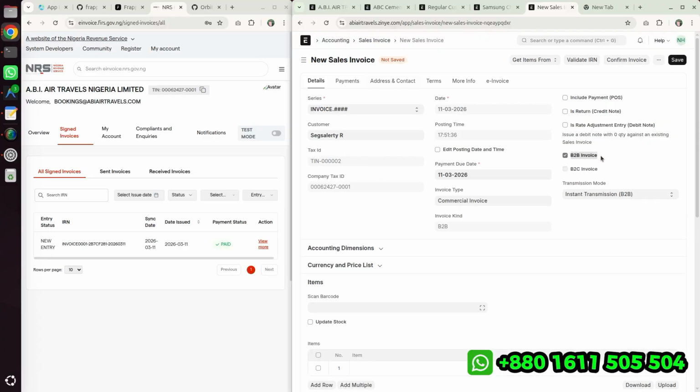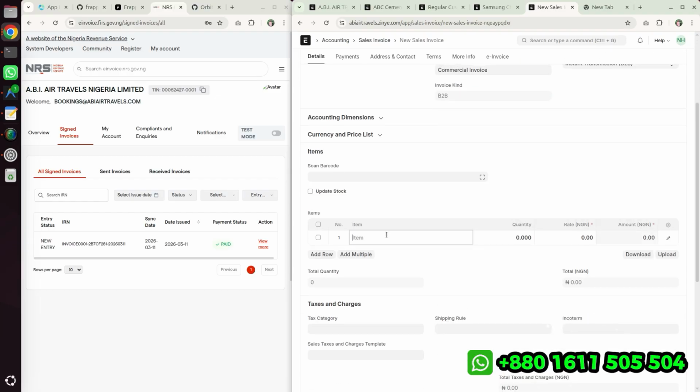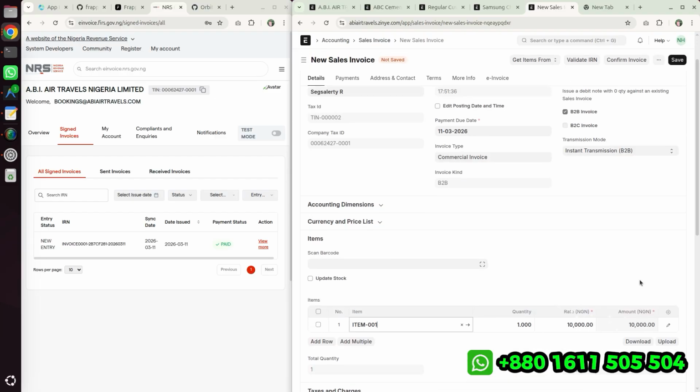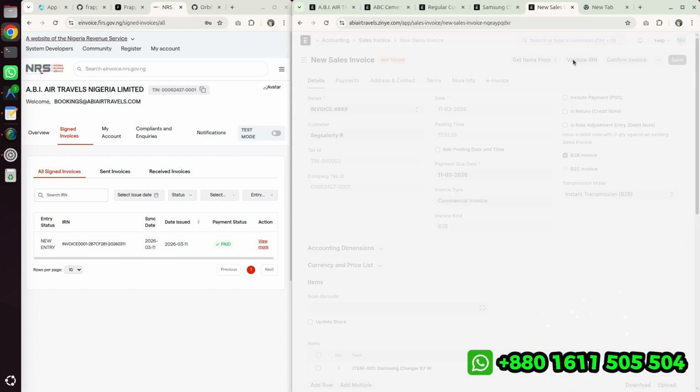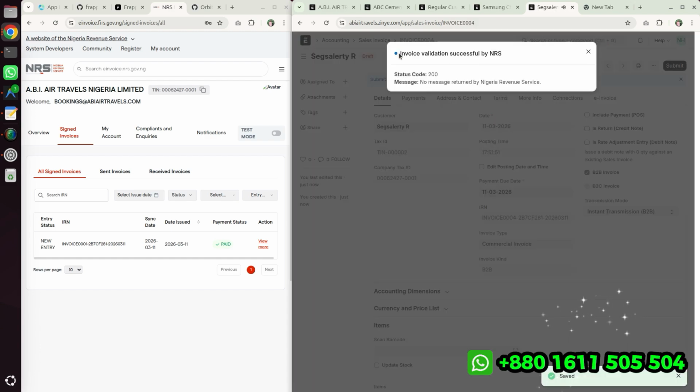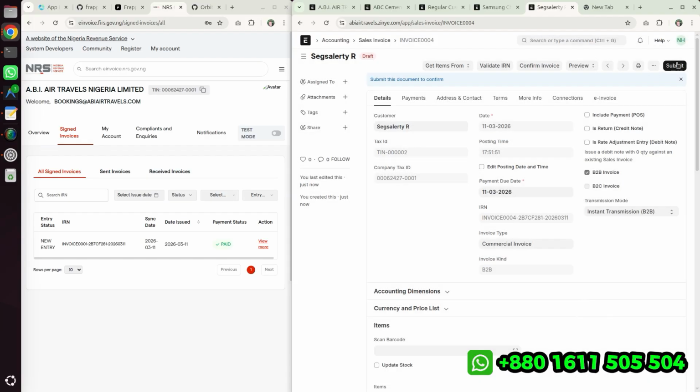When you select your items and hit save, a notification comes from NRS that the invoice is valid. If you submit,